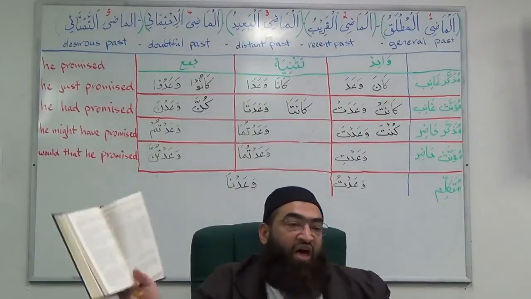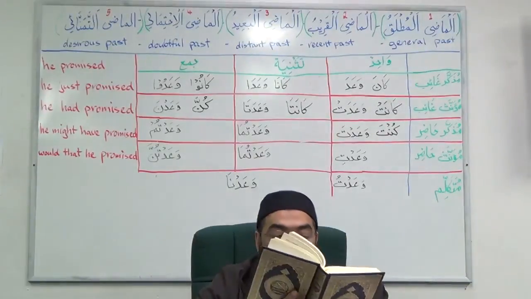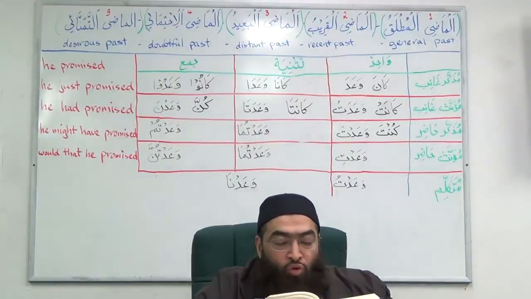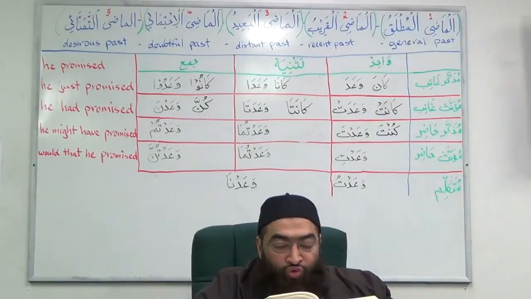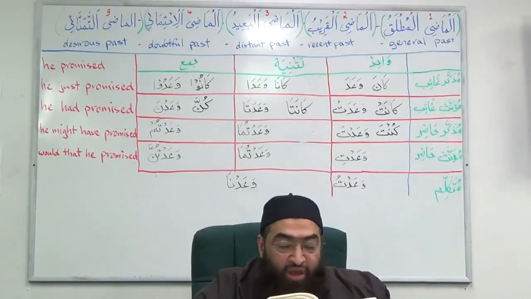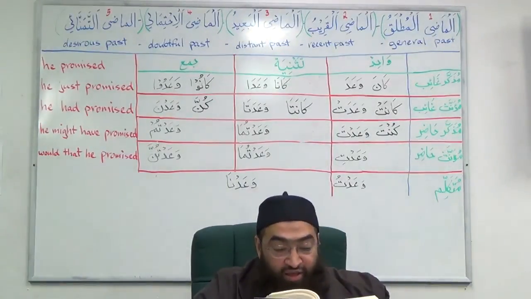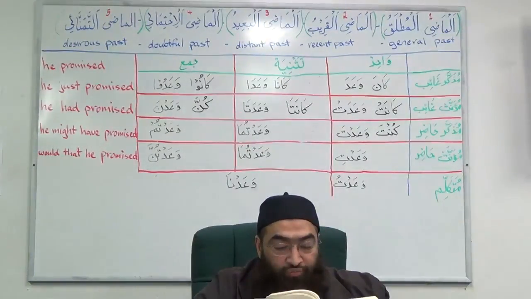The 116th ayah of the 5th surah, which is Surah Al-Ma'idah. Let me read it to you. وَإِذْ قَالَ اللَّهُ يَا عِيسَى ابْنَ مَرْيَمَ أَأَنْتَ قُلْتَ لِلنَّاسِ اتَّخِذُونِي وَأُمِّيَ إِلَٰهَيْنِ مِن دُونِ اللَّهِ قَالَ سُبْحَانَكَ مَا يَكُونُ لِي أَنْ أَقُولَ مَا لَيْسَ لِي بِحَقٍّ إِن كُنتُ قُلْتُهُ فَقَدْ عَلِمْتَهُ. So we got the qad also, and we got kuntu and qultu also.